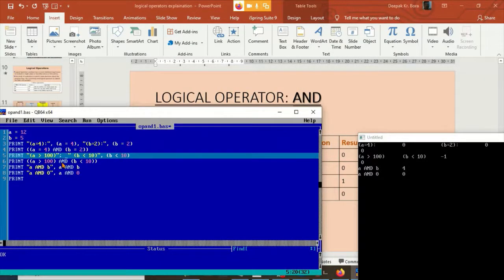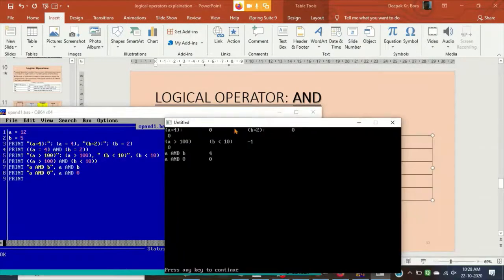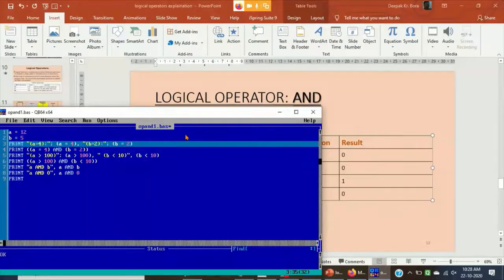Just a moment, I forgot to give the output here. A greater than 100. Okay, I slightly change this comma and this. Then I will show you. Now you can see. I'll rerun it. F5.